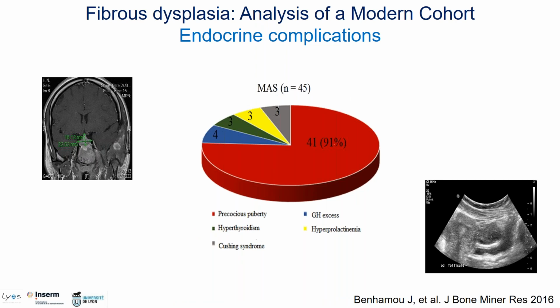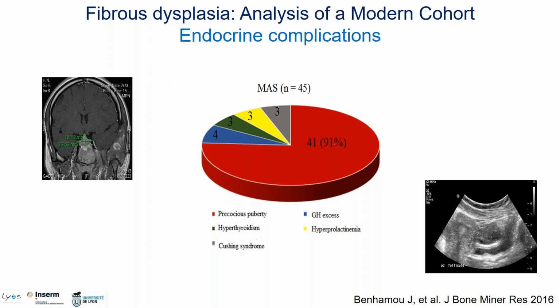In our cohort, and in this analysis, we have analyzed 372 patients. We observed a number of endocrine complications. Most of them were precocious puberty, so increase in estrogen. In 90% of patients, these are girls, and 10% are boys. So increase in peripheral hormones, but